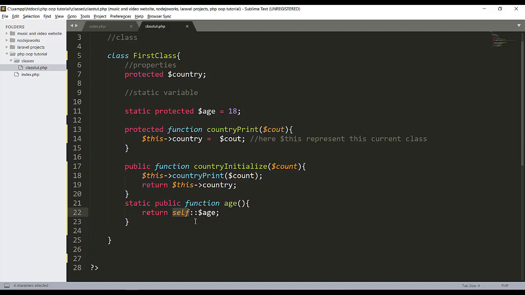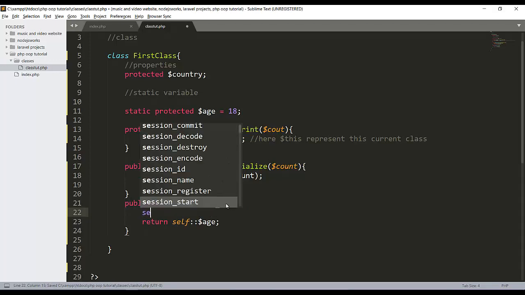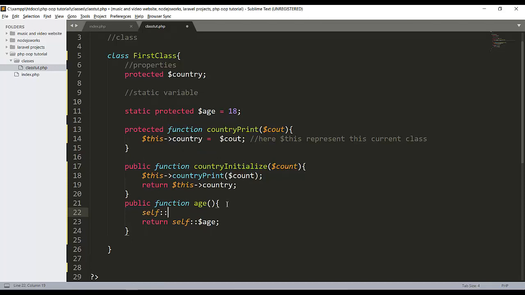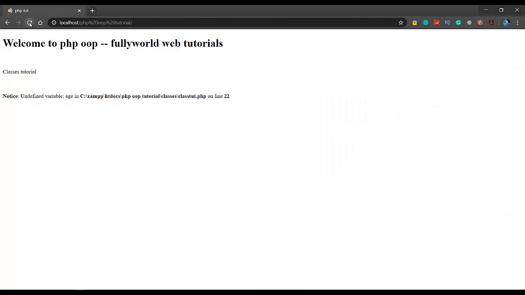So now let's see if there is not a static function here. So self::$age is equal to 15, 18 to 15. Let's do it. So I am initializing it again. Whenever we reload this, see that we are getting 15 here.